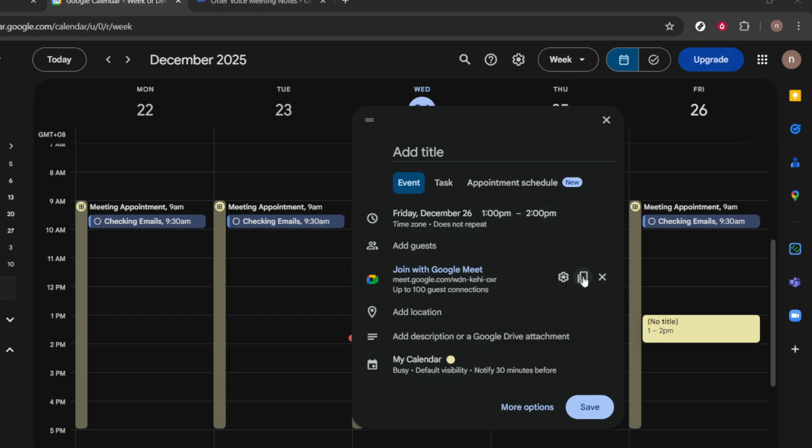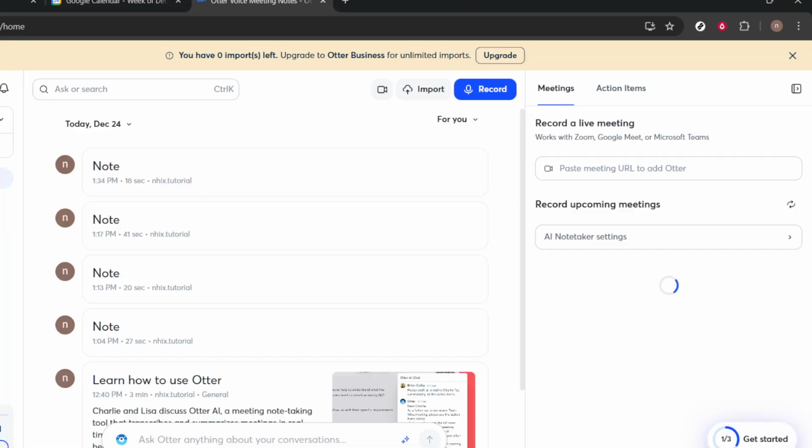Next, switch to a new tab and go to Otter. Once you're on the Otter homepage, look for the option to start capturing a meeting by link. Depending on the interface you see, this might be labeled as joining a meeting, importing a meeting link, or starting a live note connected to a meeting. The key idea is that Otter needs your Google Meet URL so it can attach itself to the conversation and